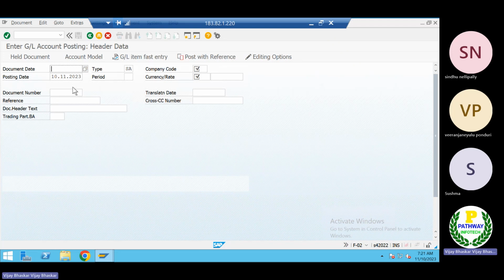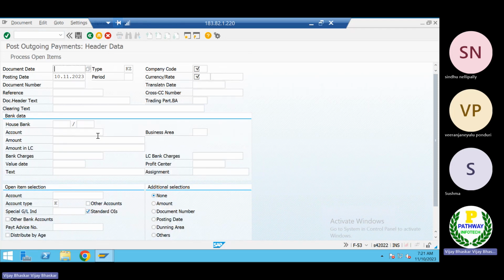Let's say the payment. Let us assume I am making a payment to the vendor, post outgoing payment. So I am entering the information related to the payment to the vendor. But this is the functional consultant activity.